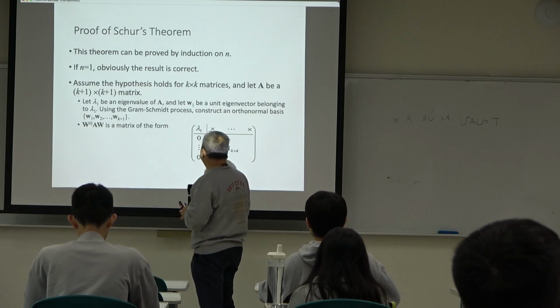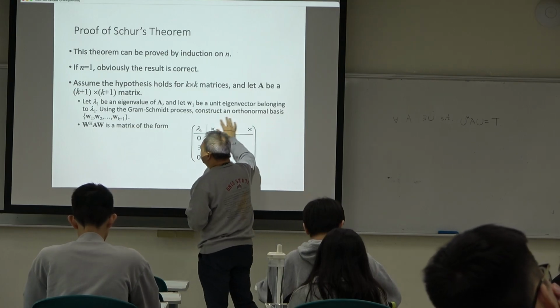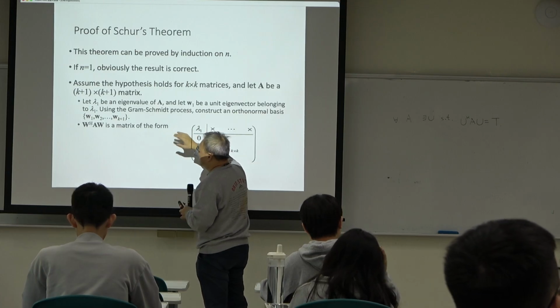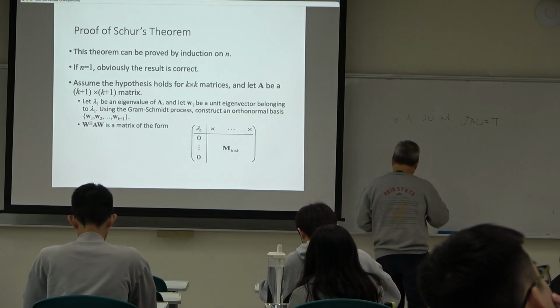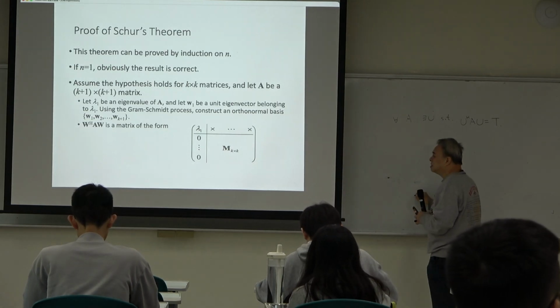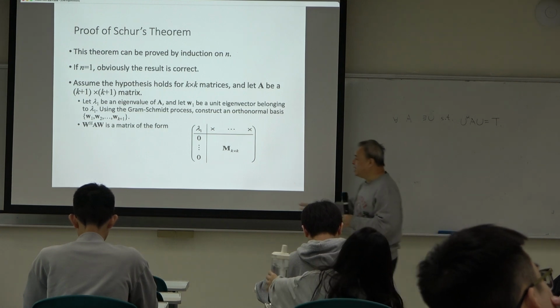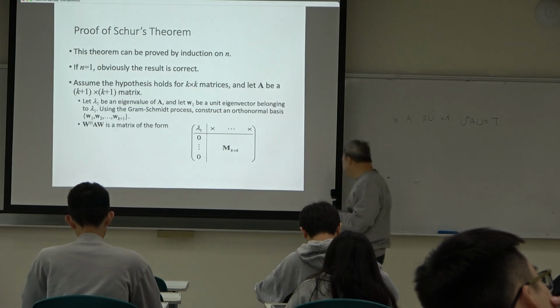So the orthonormal basis W1 to W_{K+1}. I mean, if you multiply, by the way, because they are orthonormal, so the W^H W